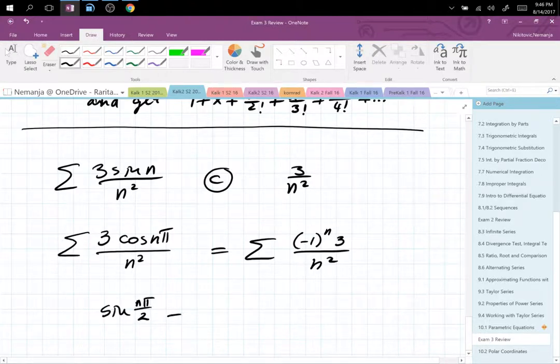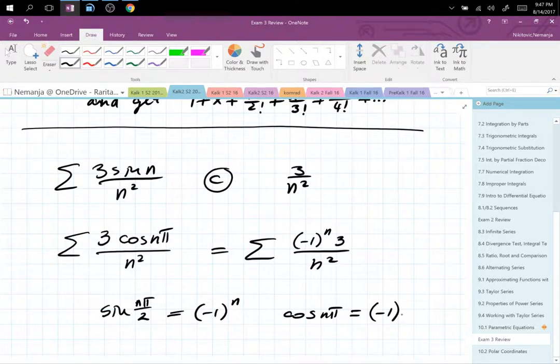Sine of n pi over 2 gives us alternation, and cosine of n pi also gives us alternation. For 0, cosine of 0 is 1, and then sine of 0